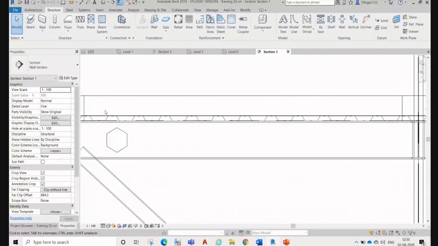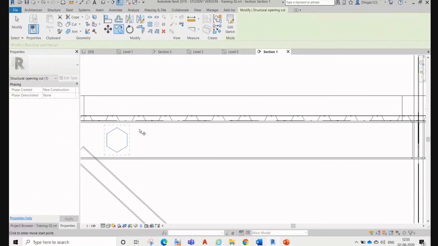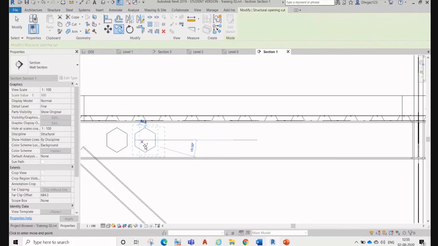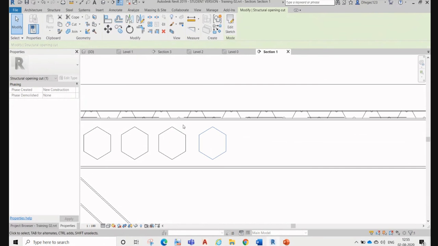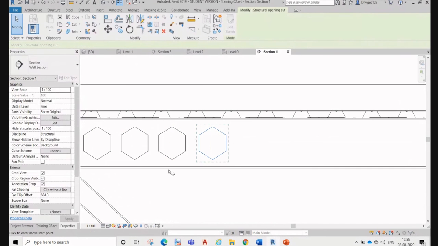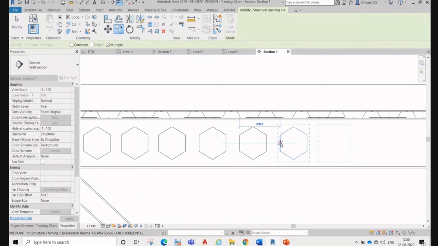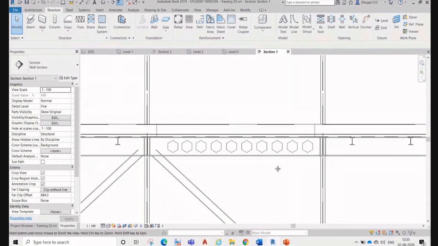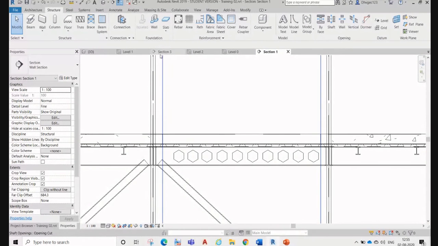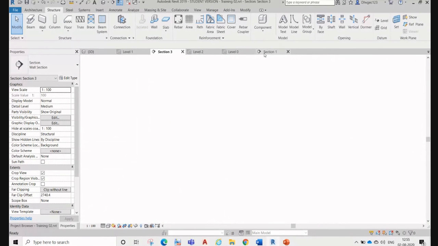Now we can copy this whatever distance we want, right? It's up to us whatever we want, right? So, okay, then you will see over here, not here, sorry.